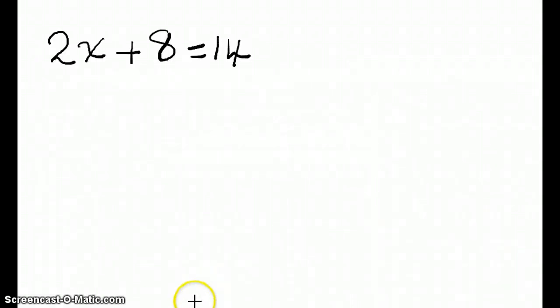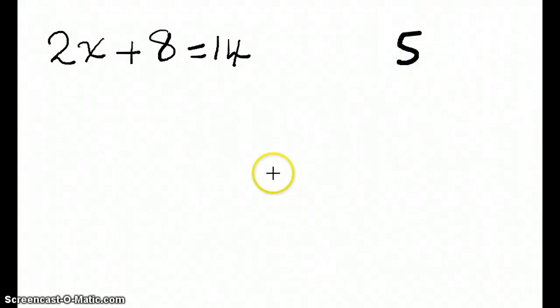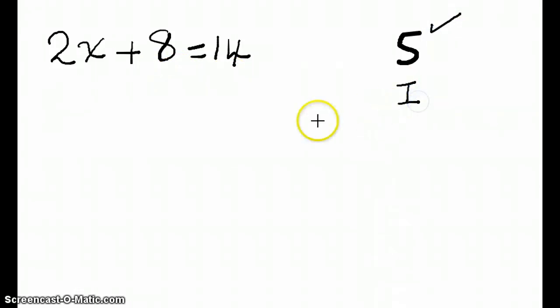So here we have a problem, 2x plus 8 equals 14. So, simplify. Do I have any parentheses? Do I have any terms which need to be combined? And the answer to both those questions is no, and so I'm done. Next step, isolate. Is my variable on its own? Well, no, it has an 8, and so we're going to use the additive inverse. I have a positive 8, so I add a negative 8,